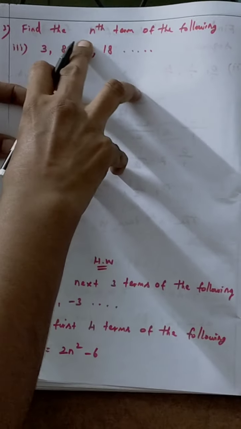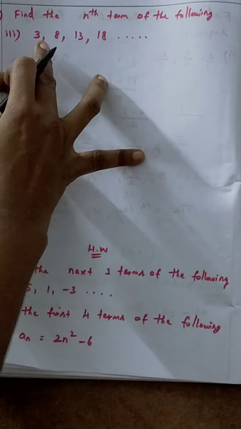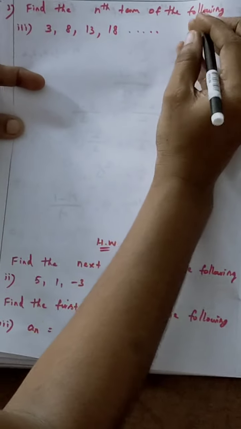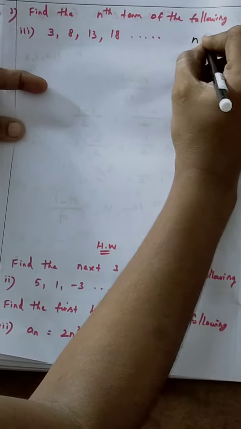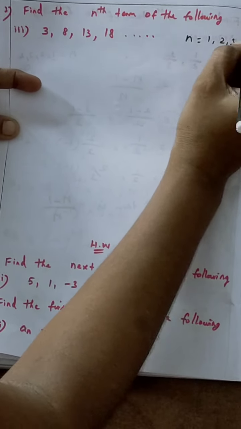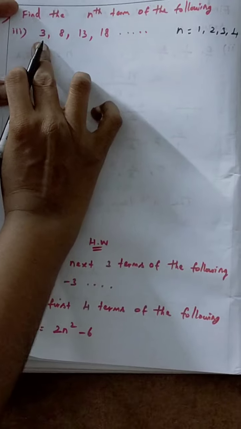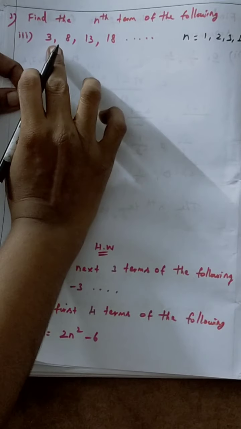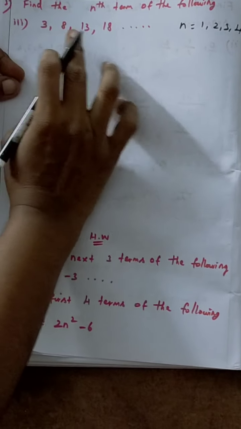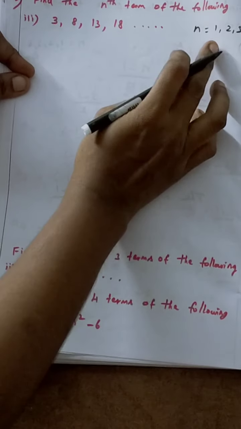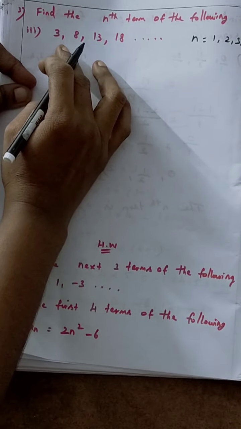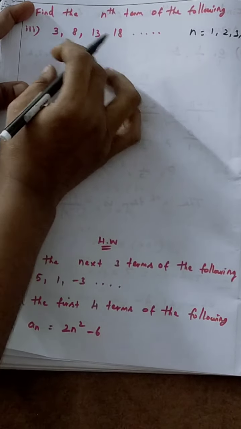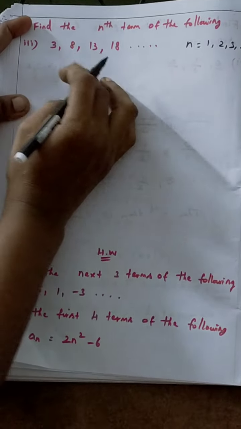Say the third one, find the nth term of the following. This is the third question: 3, 8, 13, 18 up to etc. Find the nth term, so find the general term only. Say n equal to 1, 2, 3, 4, and substitute only those values. Okay, see the first term. So 3 only is given, then 8, 13 and then 18. Then in the numerator you subtract or add. So the sum of the terms is added by the n value, 1 or 2 or 3, and you add or subtract this number and find the answer. No need for a fraction, only the numerator is given.